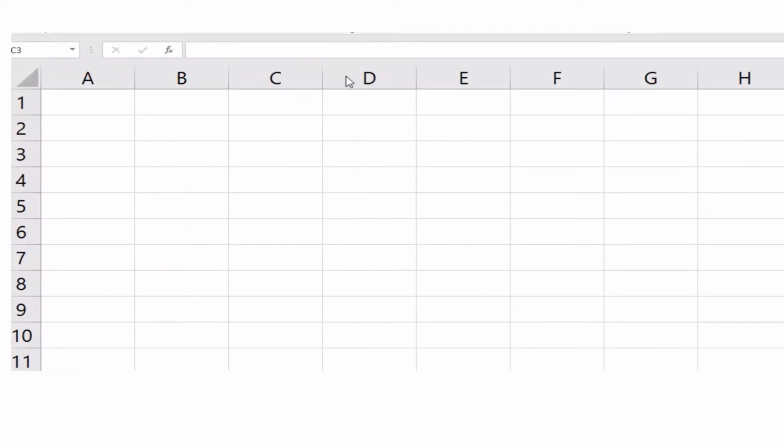Children, if I want to select a cell, then I will move my cursor there. Let's imagine I want to select B4. Then I will click here and you can see after clicking it is selected, a dark border is coming around it and its address is coming in the name box.